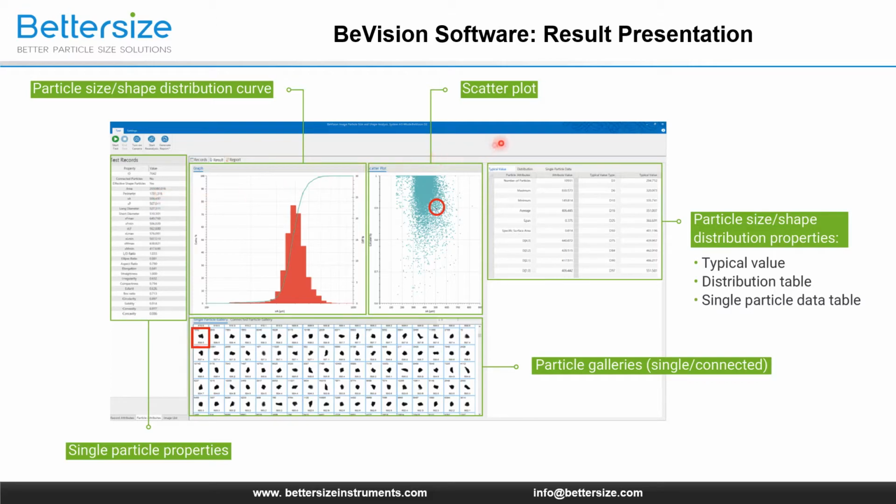They are displayed here. You can see the mean value, maximum value, minimum value, D10, D50, D90, and so on. Also, you can check the content of every interval in the distribution table, or view the single particle data in the corresponding table here.